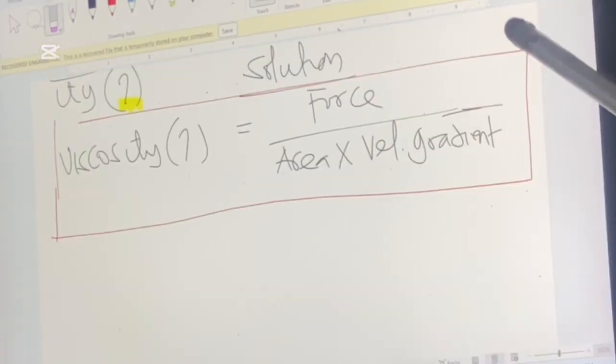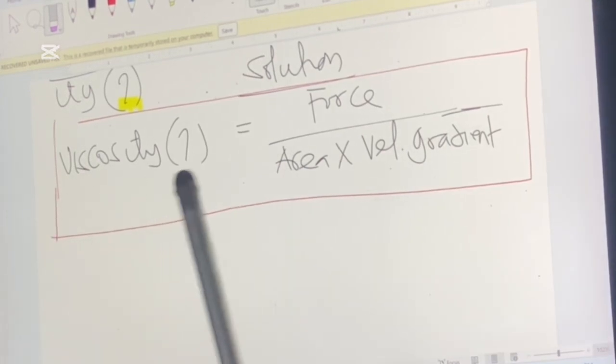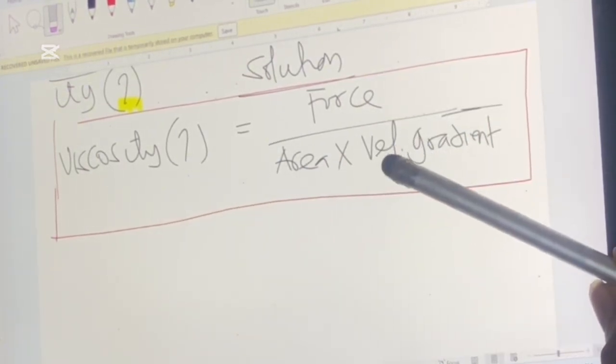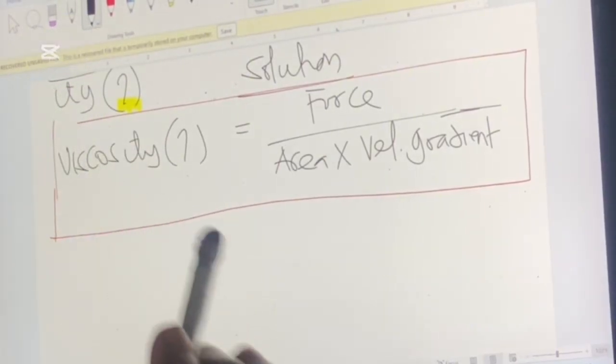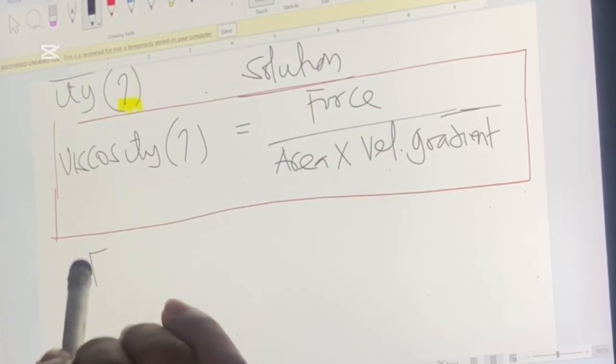The first step you have to take is to write down the formula, and after then we reduce the formula to its fundamental quantity. Now the formula for viscosity is force over area times velocity gradient. Now let's write down this formula step by step. The force is force,